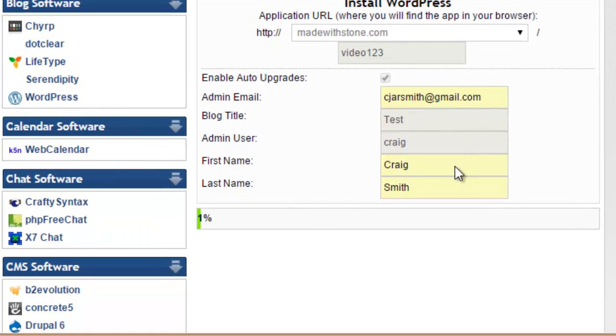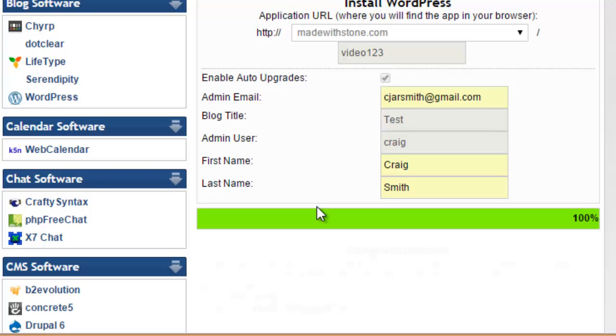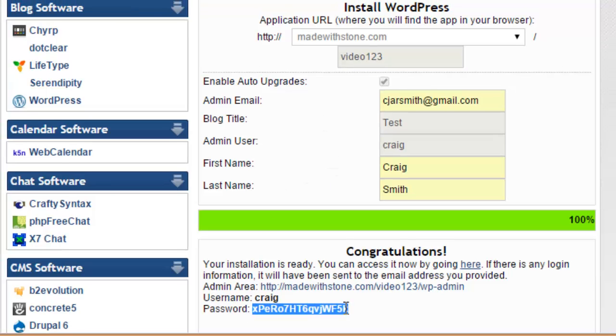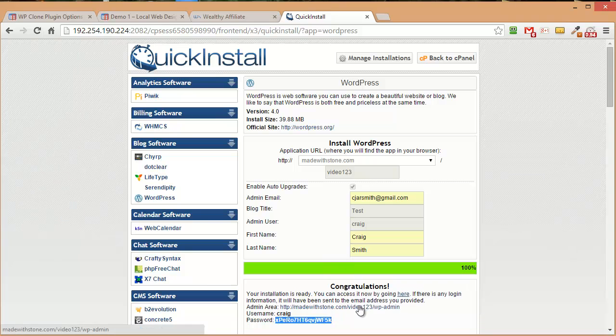Now this is somewhat irrelevant because it's all going to be replaced once we install our backup. So if you've never seen this before, basically HostGator is going off installing WordPress. Now if you're using a different type of hosting, you can also use Fantastico Deluxe or whatever programs you have to install WordPress. So I'm going to copy my password, and we are going to log into our new WordPress